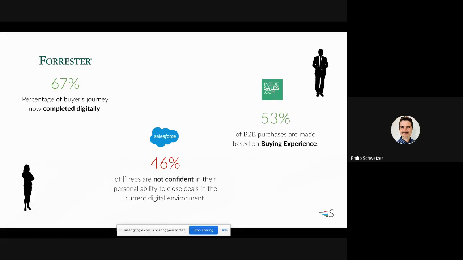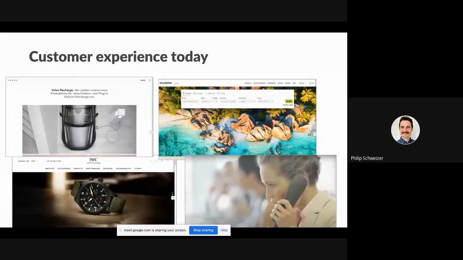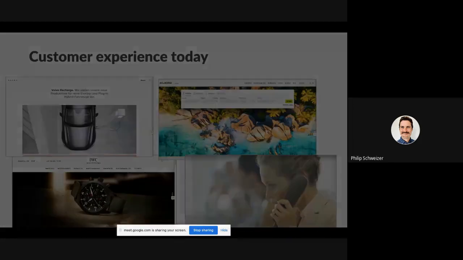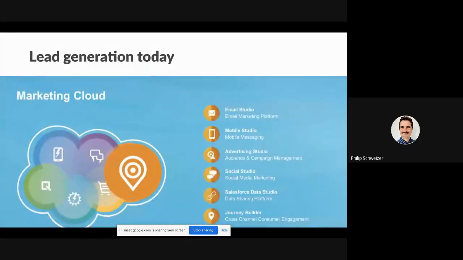is becoming the tool of reference for B2B marketing as well. Even though, as you know, originally it was more of a consumer-focused product. Today, B2B leads and clients want to be reached omni-channel. So the customer experience happens online. And of course, the Marketing Cloud, as I mentioned, is the preferred tool.